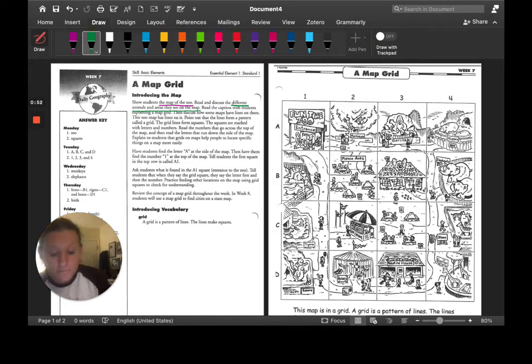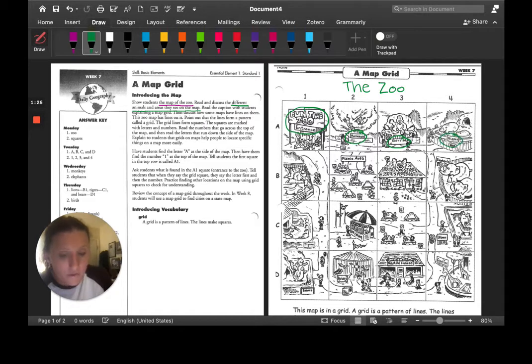So in our first box at the top on the left, we see it says Fun Times Zoo and the entrance. So that's how we know that this map is going to be about a zoo. So also, since this map doesn't have a title, it just says a map grid, let's write the zoo at the top. All right, the next box over, we have the monkey exhibit, and then we have the gorilla exhibit,